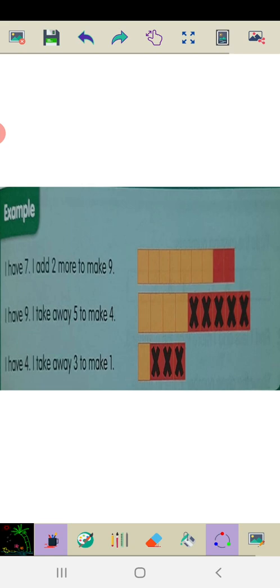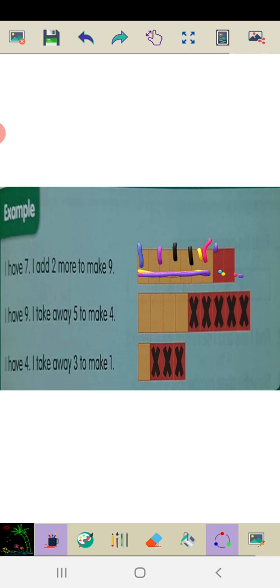Understand? So count the yellow squares. How many are yellow? Count this. This is 7 in number. 1, 2, 3, 4, 5, 6, 7. So we have 7 here. All this you count. It is clear in your textbook. Check in your textbook. There are 7 boxes. After 7, we have 2 more boxes which I am adding here.